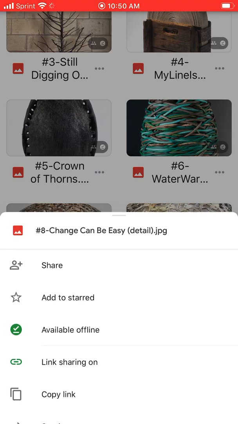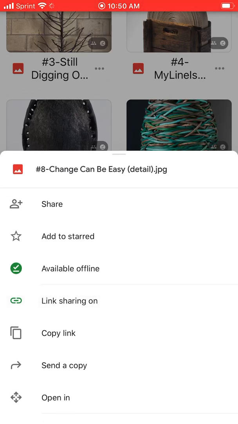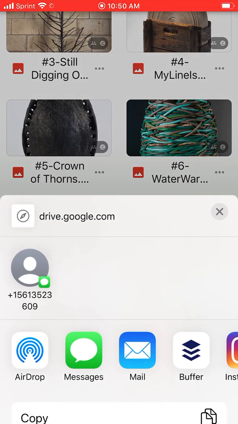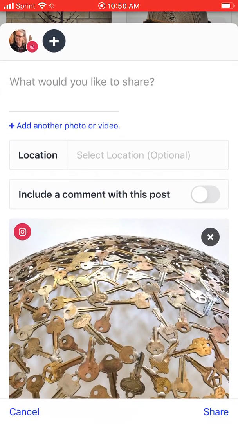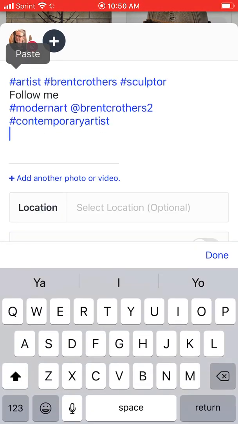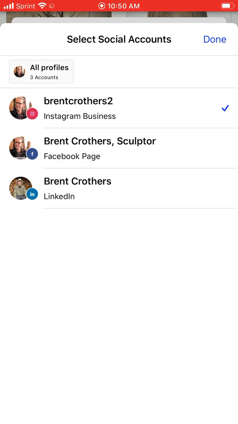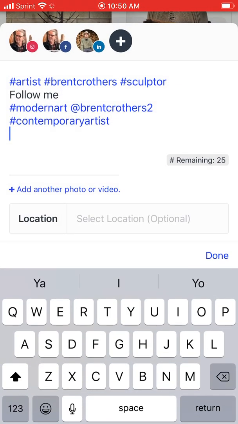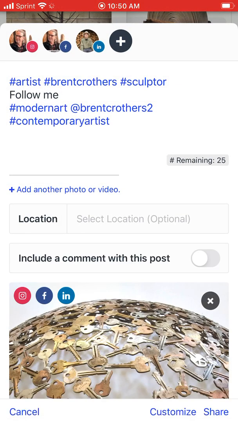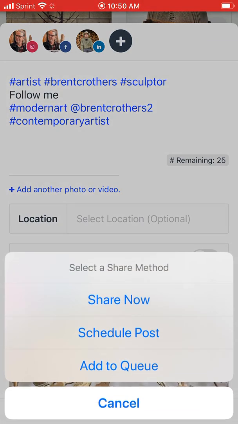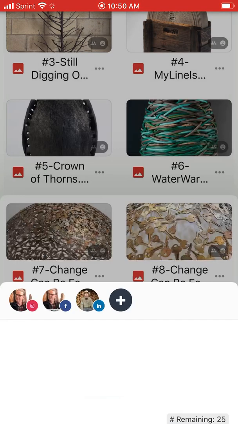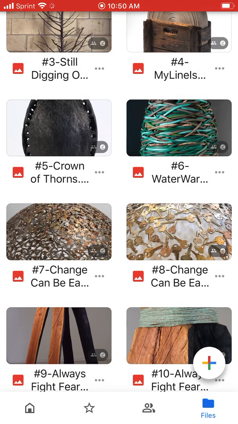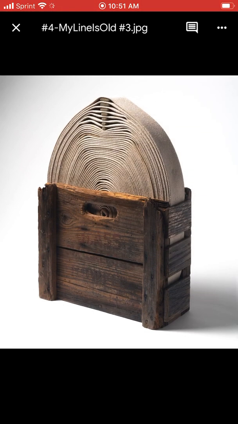Now I'm going to share one. Send a copy right now to buffer, paste, all profiles, done, share. I'm going to say share now instead of add to queue. Share now. Okay, that's it. So that is how